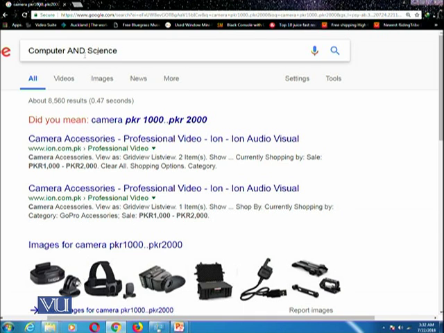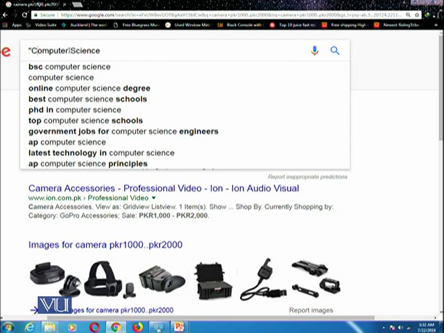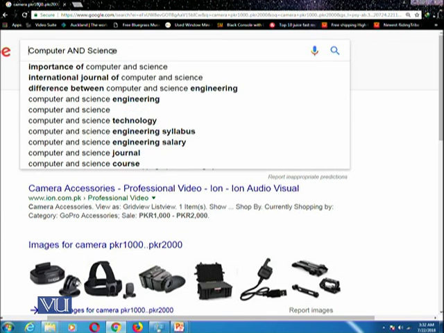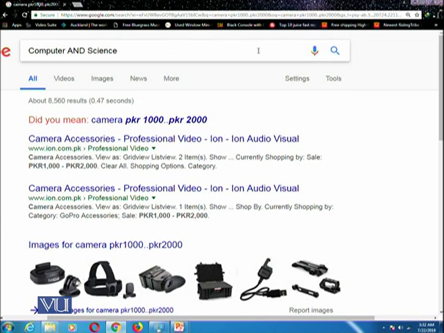You don't need to confuse this concept with double quotations. If we remove this AND and use double quotation, this was giving you all of those pages which have exactly the computer space science phrase. But if we are writing AND without double quotations, this would mean that you will be given all of those pages and each page must contain the computer term and the science term.